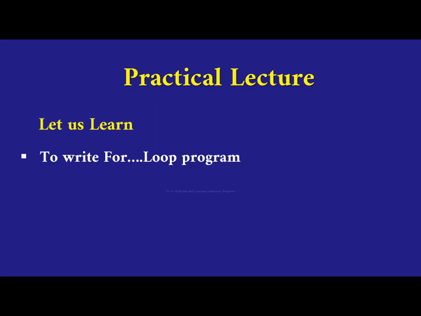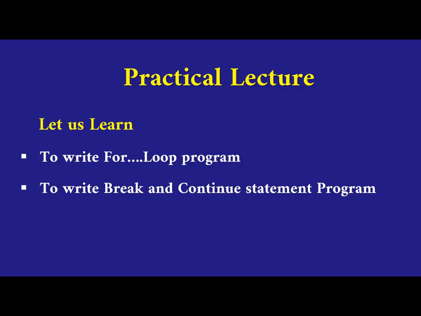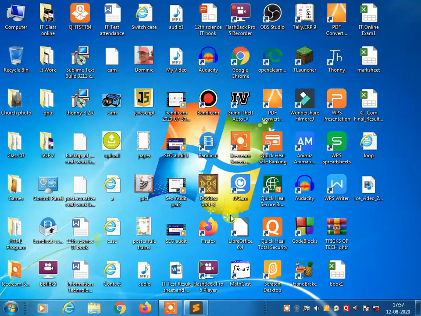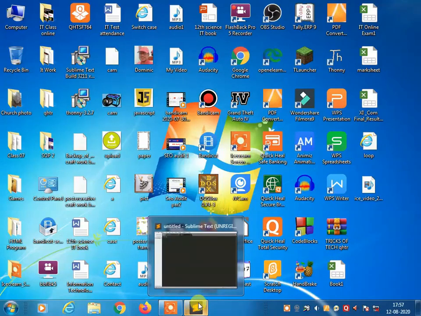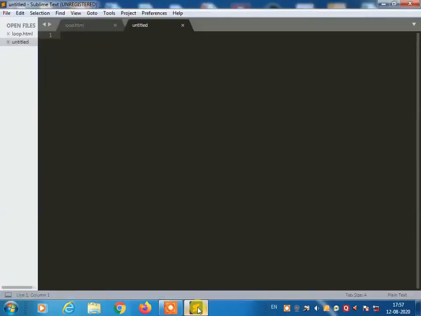Today we are going to learn how to write a program by using for loop. Similarly, we are going to learn one more program by using the break and continue statements. So let's begin. Open Notepad or any other text editor present in your computer and start typing the basic structure, that is, exclamation